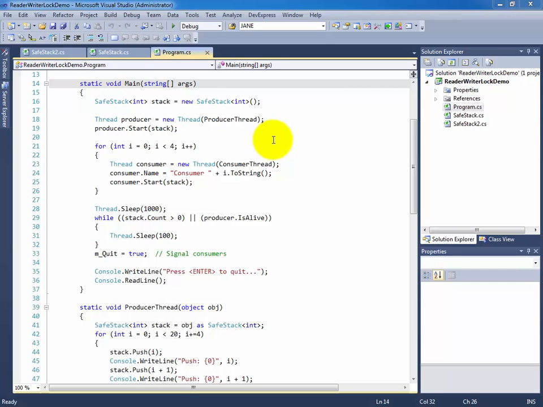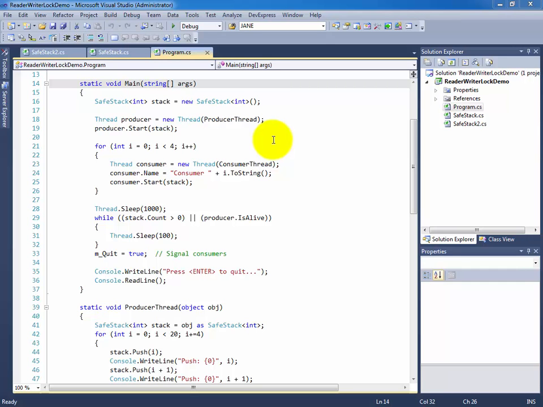Now, the ReaderWriterLock has to be one of my favorite synchronization techniques because it's extremely well suited for the producer-consumer model, where you have certain threads that want access to read data from a resource, and then you have other threads that want to write data or change the data on that resource. With that particular setup, it makes sense that we would want a synchronization technique that would allow us to safely read as many items as we want, as long as the data that's being read from isn't currently being